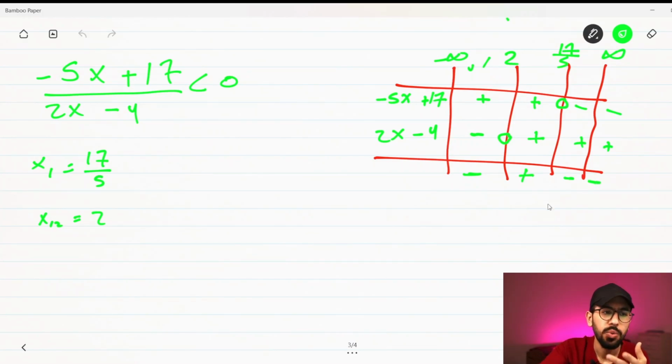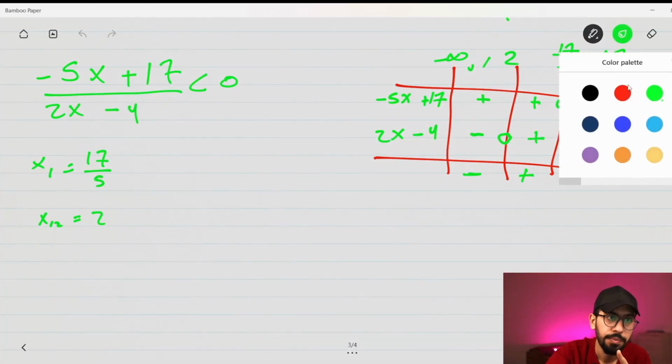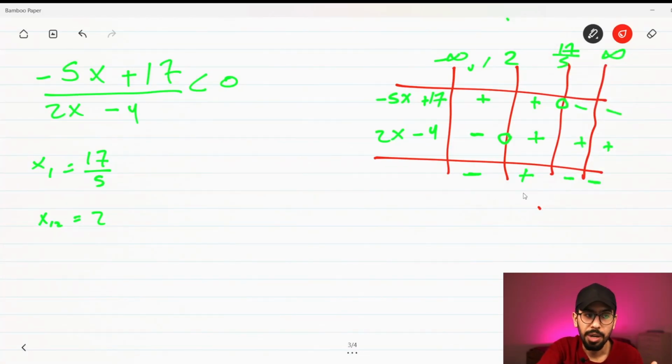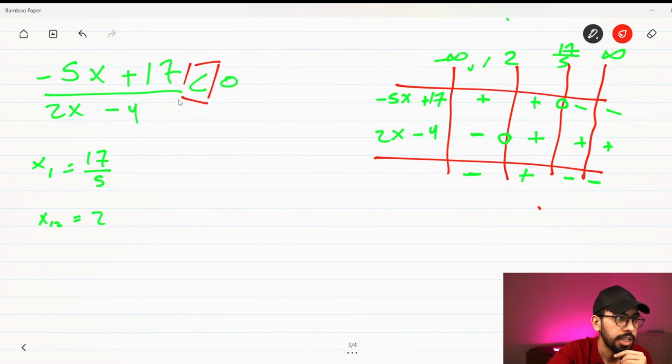So now what we can take from this equation, do we take the positive or the negative? Like we said in the previous video, in order to know what result we need to take from this method, we need to look at the sign that we have here, which is smaller than. What is smaller than 0? Negative or positive numbers? Negative numbers are always smaller than 0. So here we will take the negative areas, which is